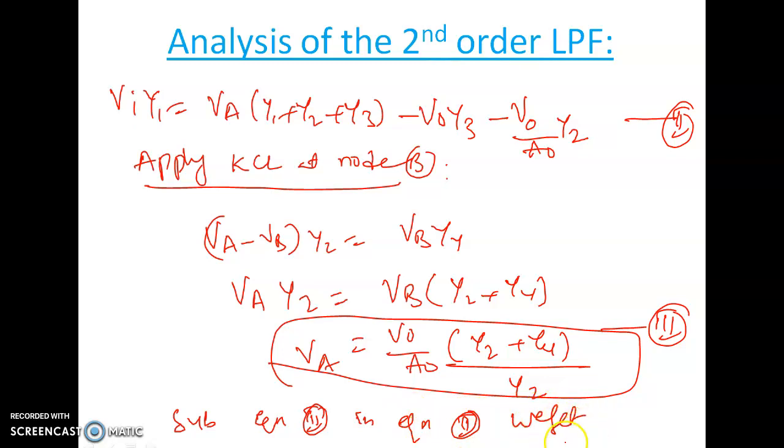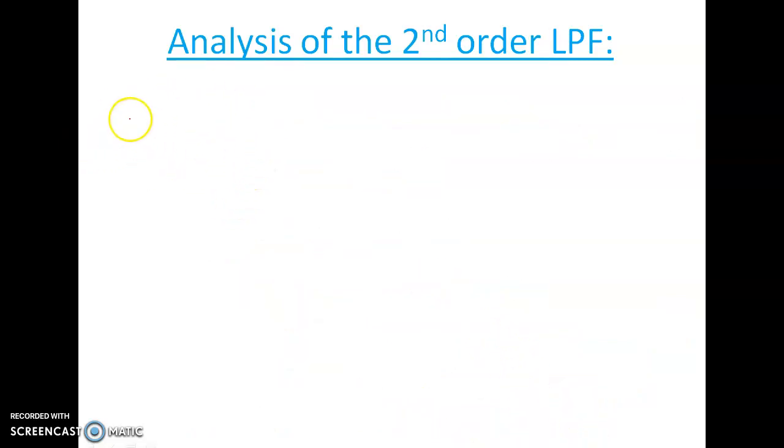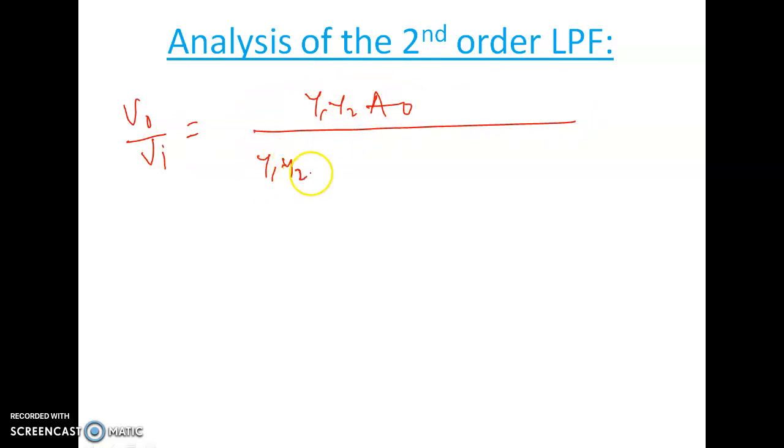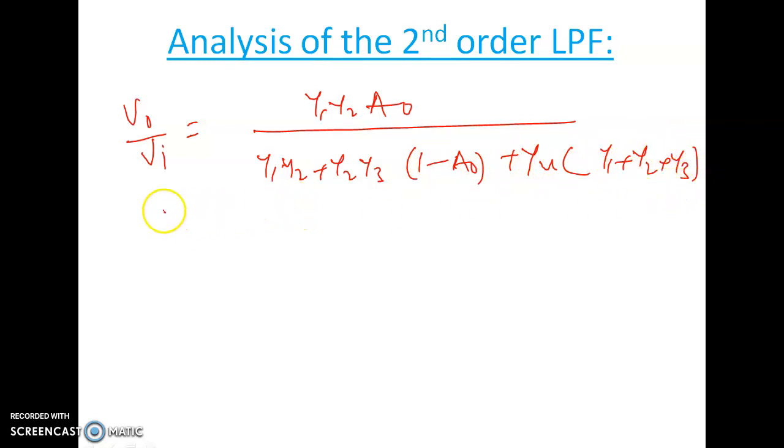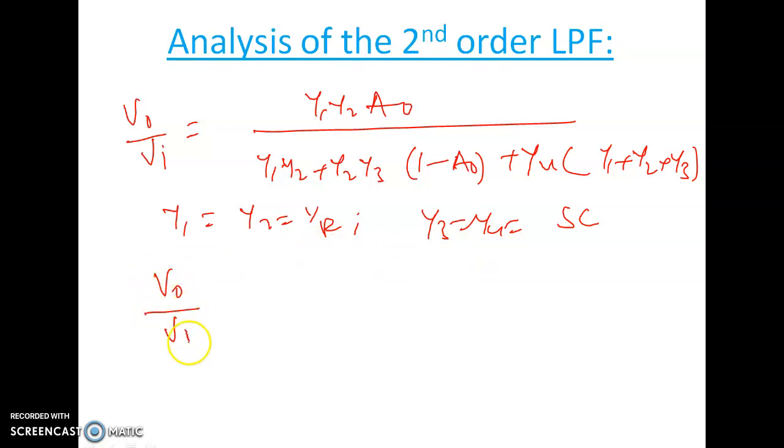So we get the final expression I am writing, and you verify what expression you are getting. Finally we got V0 by Vi is equal to Y1 Y2 into A0 by Y1 Y2 plus Y2 Y3 into (1 minus A0) plus Y4 into (Y1 plus Y2 plus Y3). That's all. But here, what are Y1 and Y2? We need to substitute, that is 1 by R. And what are Y3 and Y4? SC. So if you substitute this in the above equation, you will be getting the final expression